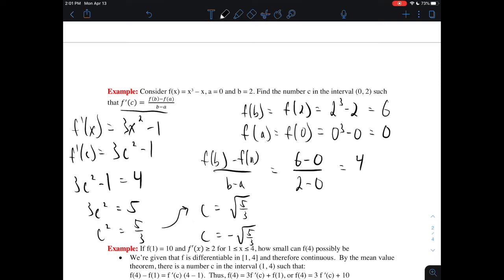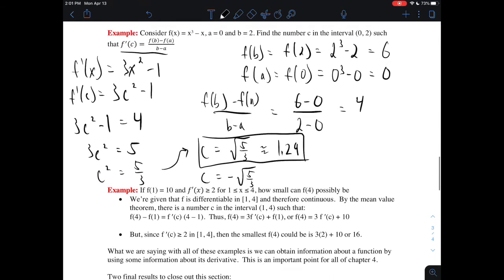And so clearly the one that answers our question is c equal to positive square root of 5/3, since this is approximately equal to 1.29. That's the value that's between 0 and 2 that satisfies what we wanted. All right, for another example,